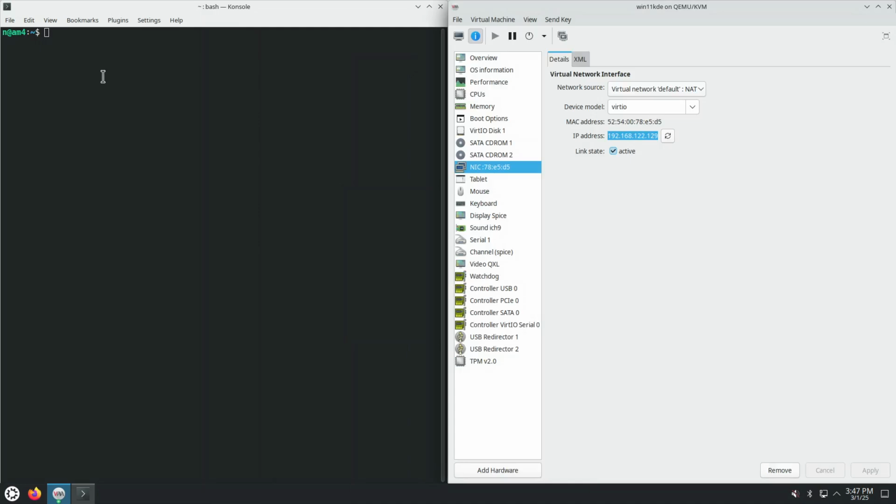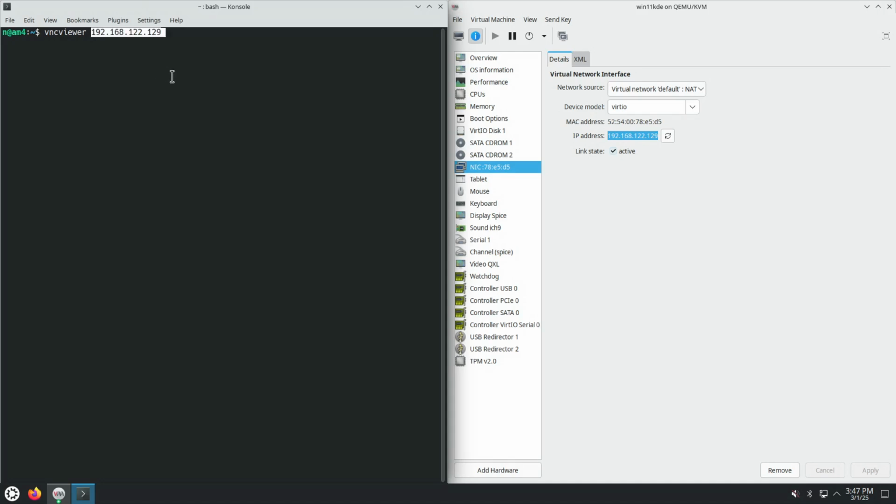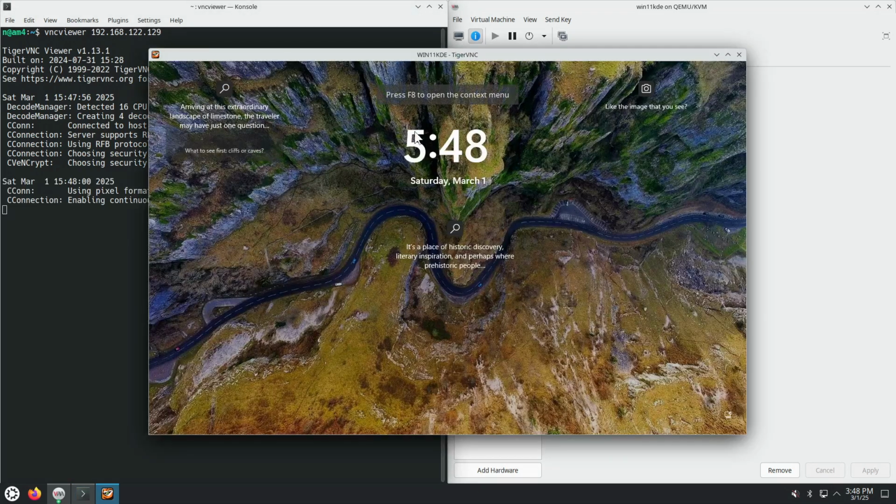I have the TigerVNC deb client installed. The executable is called VNC viewer. And then we just give as command line parameter the IPv4 address of the Windows virtual machine. Asks for the password. And then